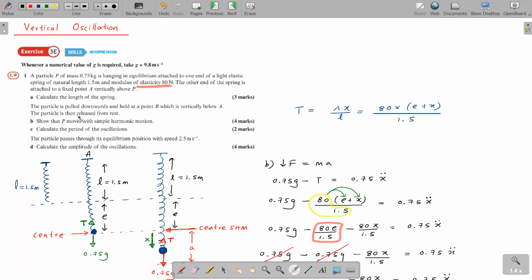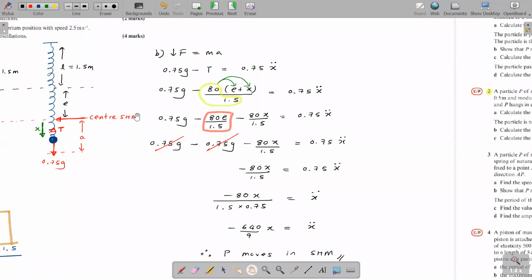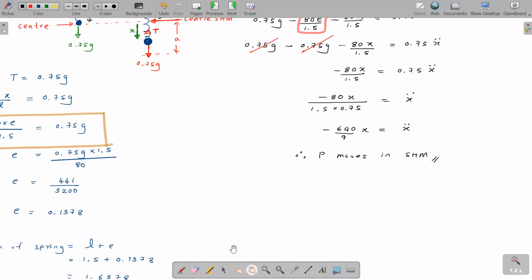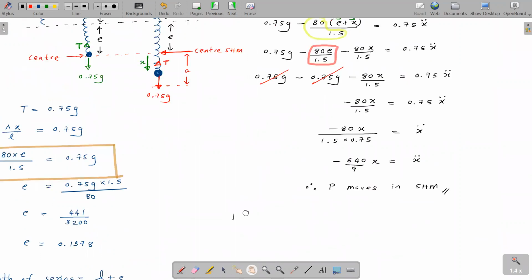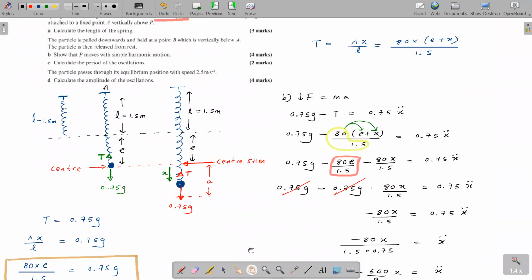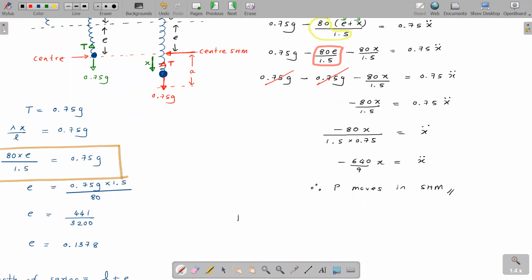Okay, so we'll move to the next part. We just showed that P moves with SHM. They are asking you to calculate the period of the oscillation. How do you calculate the period of the oscillation? Part C. Period equals